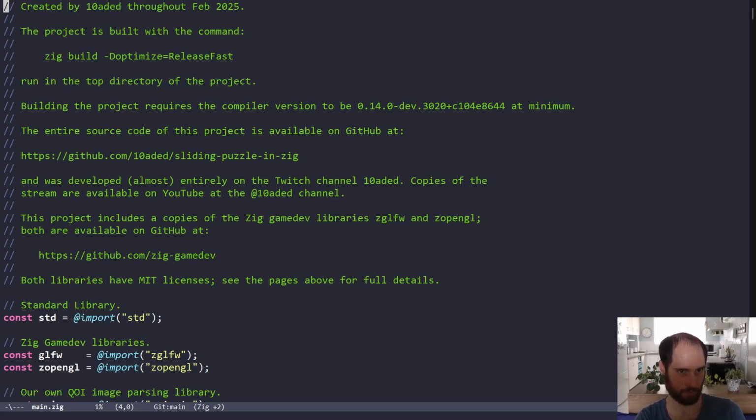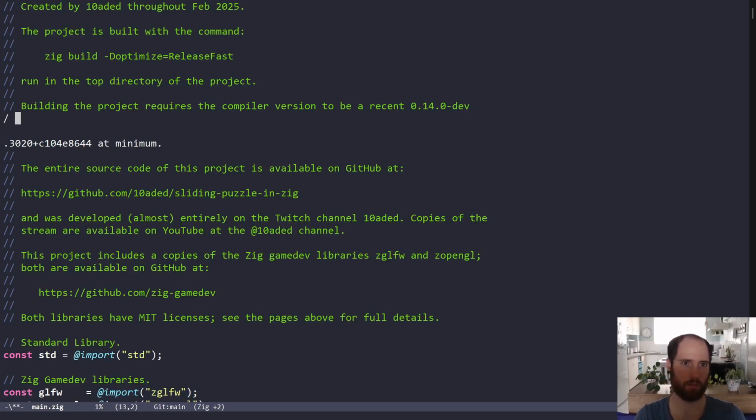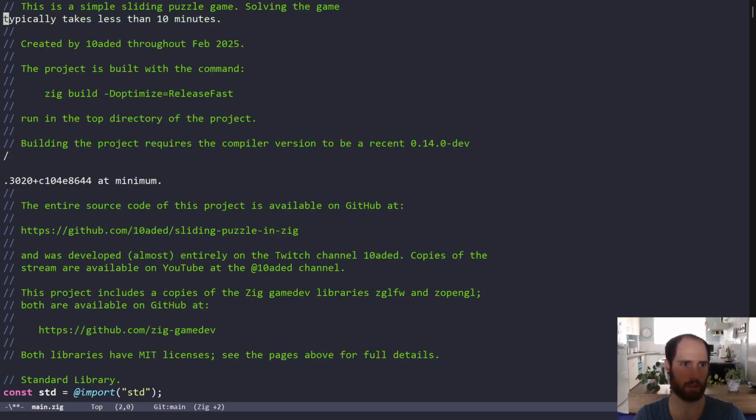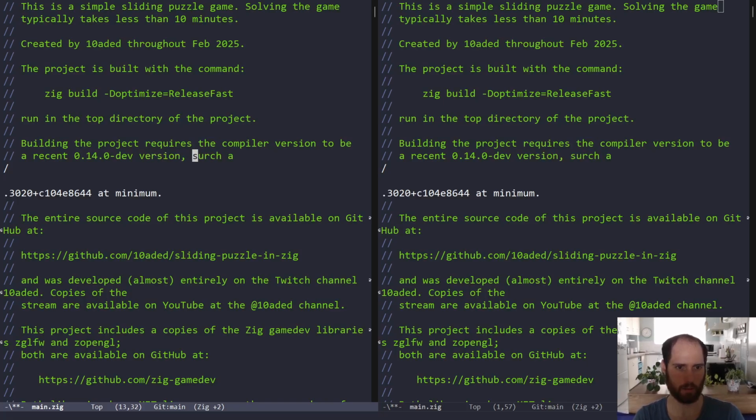Okay. Building the project requires the compiler version to be, currently, just say a recent 0.14 dev. Actually, why can't we say, to be a recent dev version, such as